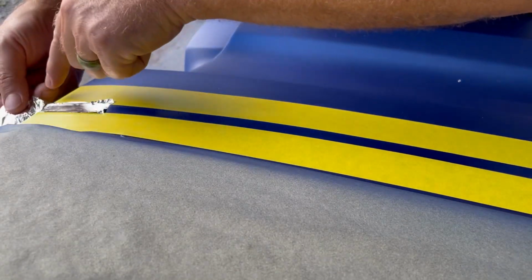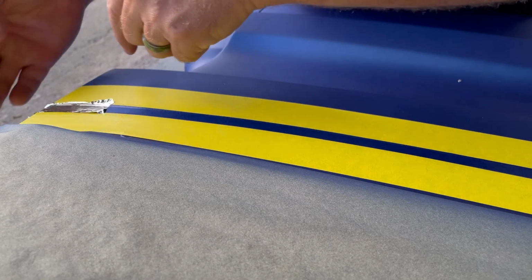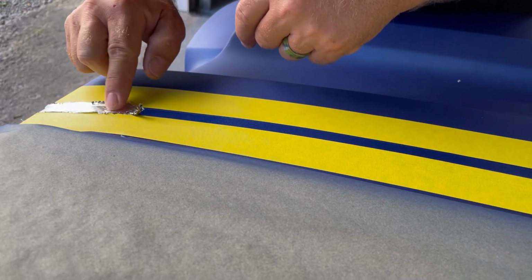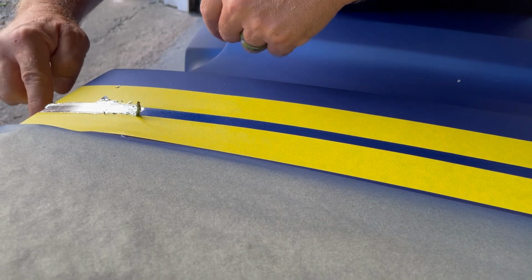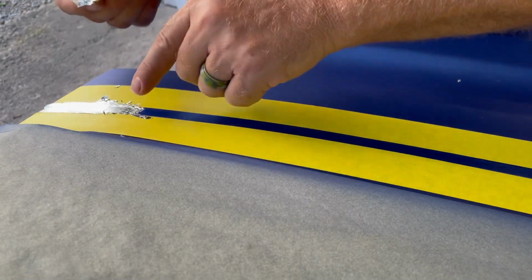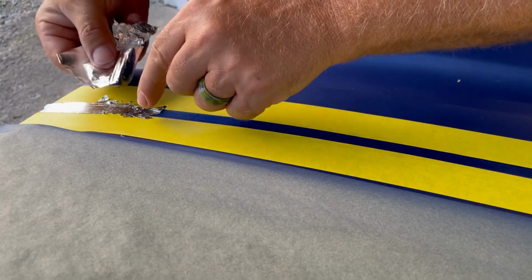Put it down. I'll put some on this front piece. And it goes down. And you just rub it in place. I'll get another piece here, bigger piece. So you've got to be careful. Now the stuff that I put on here is a spray. So the only problem with the spray is